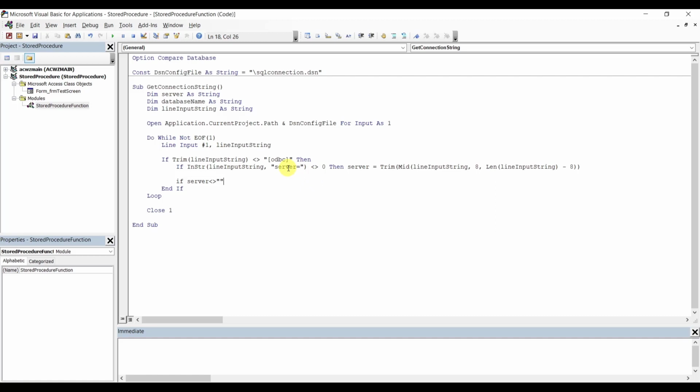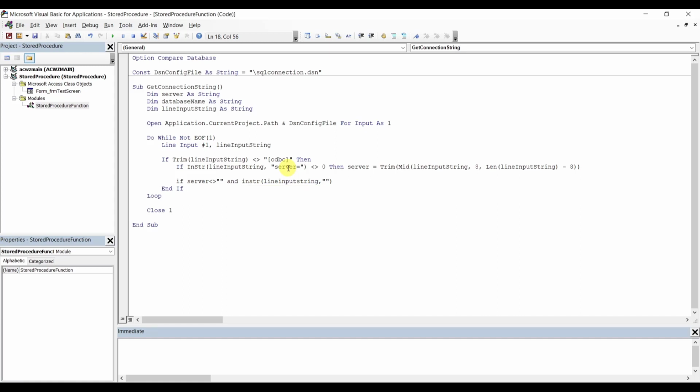If that is not null, and in string, which is line input string,